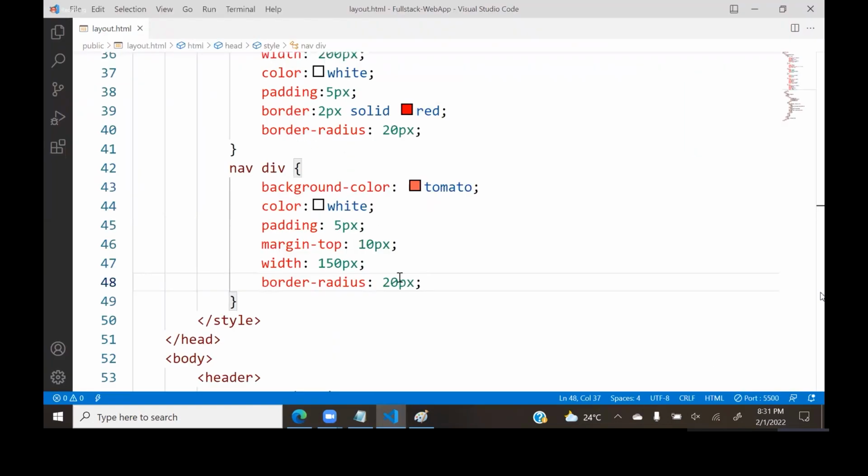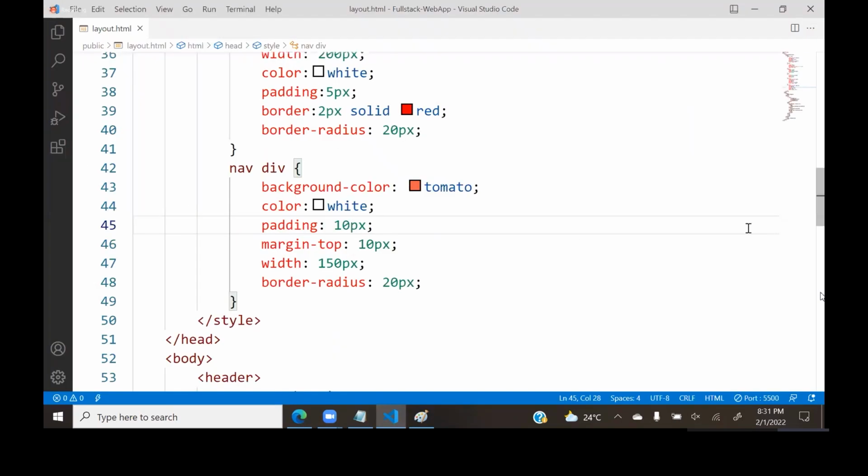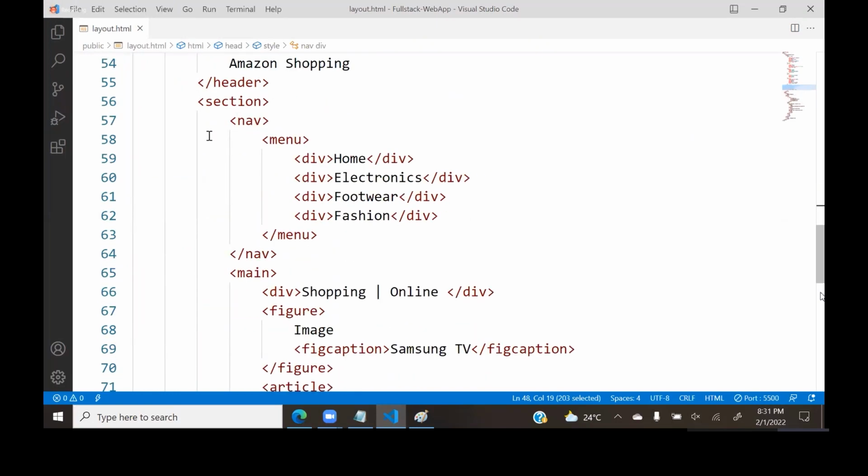That means you can give padding here. Padding, I will give 10 more pixels, then it will be better. And very important, you observe there is some space between the left and here. There is some space. Then what you can do is, this navigation bar is already at its position